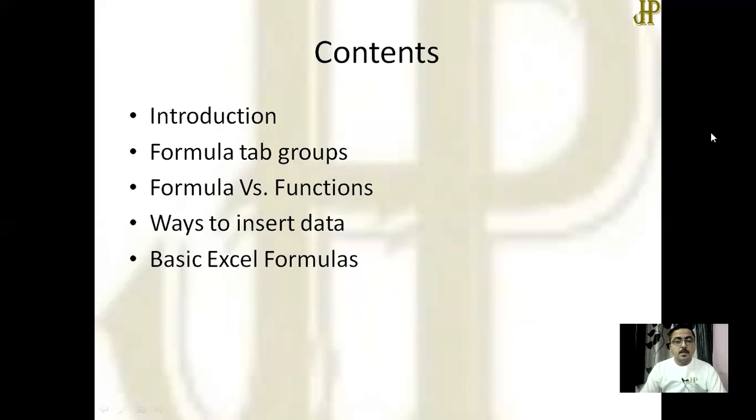So the contents we cover today are the introduction as usual, formula tab groups and what they are, the difference between formula and function, various ways to insert data, and some basic Excel formulas. So let's start.